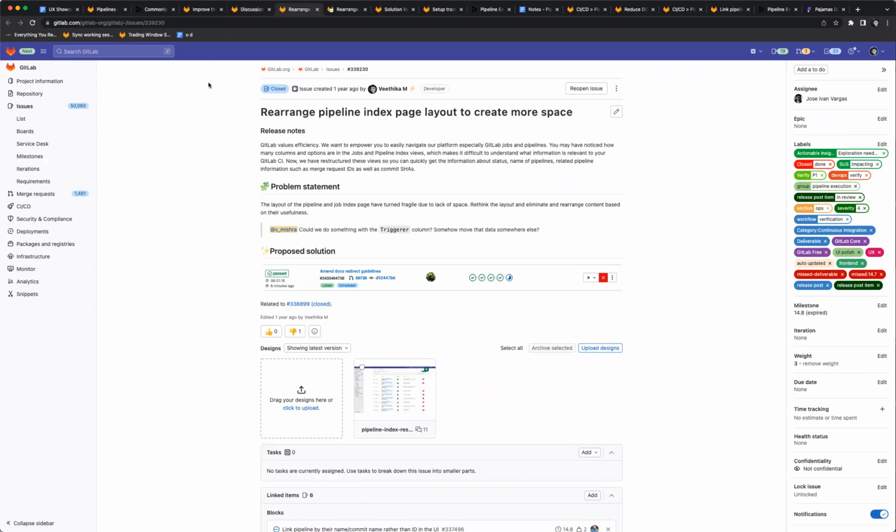Following that discussion, there was this issue created which said rearrange pipeline index page layout to create more space. Of course, we knew what the primary jobs to be done related to this page were, so we were keeping that in mind, that we would do everything so that those are not disrupted. But at the same time, we have to make sure that the page does not break, and we can assure stability and performance to our users. So through this proposal, we tried to keep the content intact and just rearrange things in a way that they are